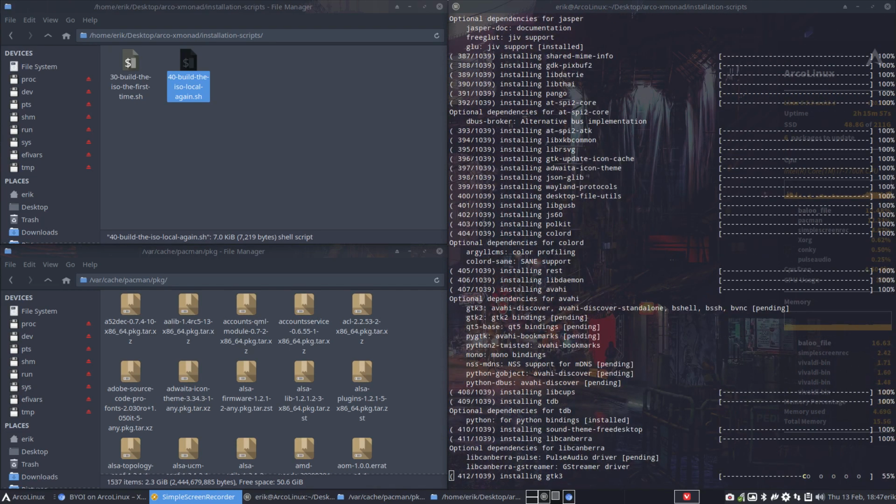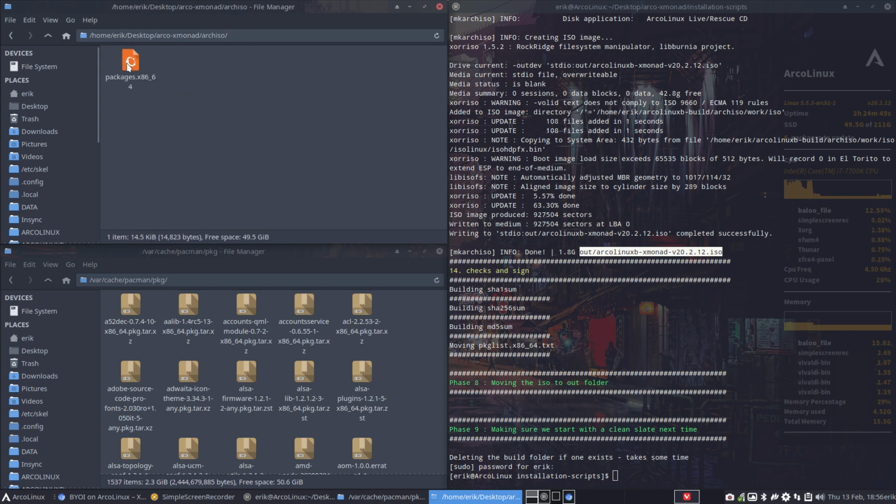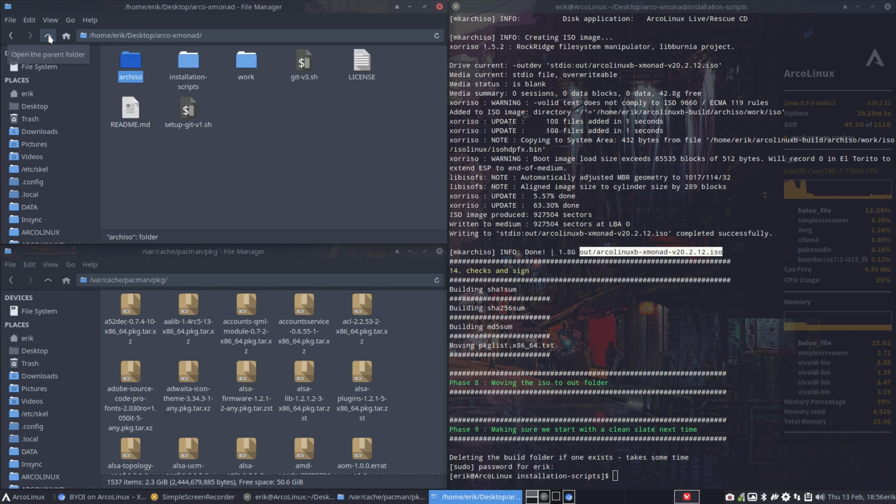Let's pause the video. And there, Xmonad is 1.8 gigabytes, Xmonad version 20.2.12. Remember, I usually say it in lots of videos, there's only one ISO on ArcoLinux, and from it we are building Xmonad. So it's one big template, and the only thing you see here is just a switcheroo, really. It's saying use these packages for that desktop, use these packages for that desktop, and that's actually quite maintainable